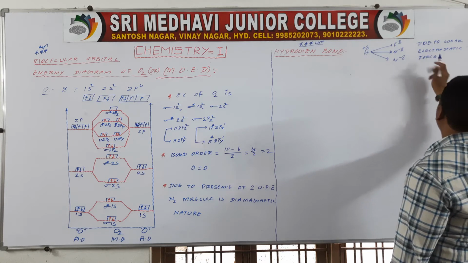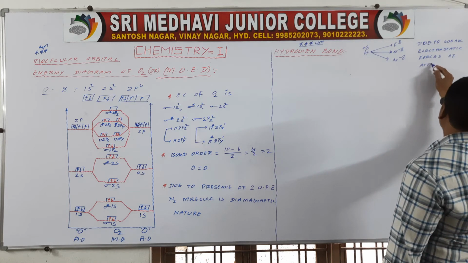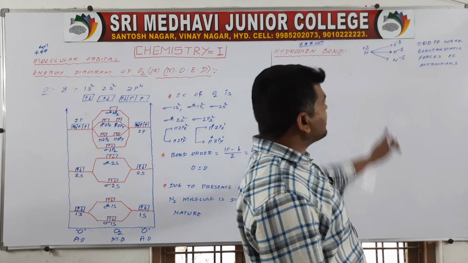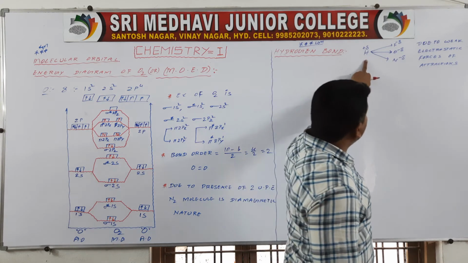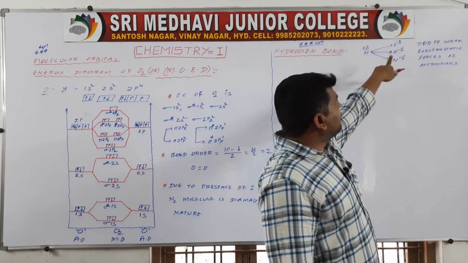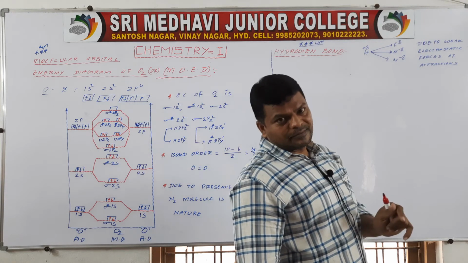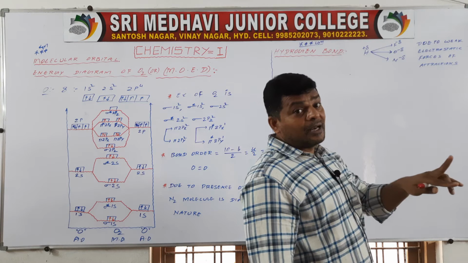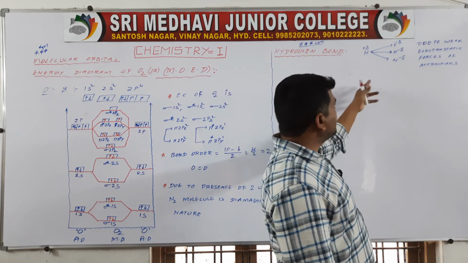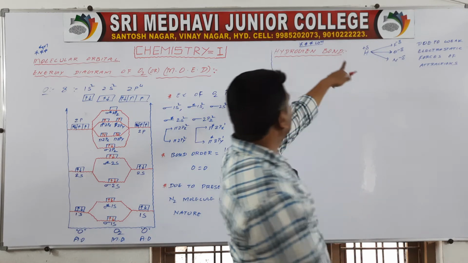Due to weak electrostatic forces of attraction between hydrogen atom which having partially positive charge and atoms fluorine, oxygen and nitrogen having negative charge, high electronegative value. Okay, high electronegative value having oxygen or fluorine or nitrogen. So between these two weak electrostatic forces of attraction arise. So that is nothing but a hydrogen bond.